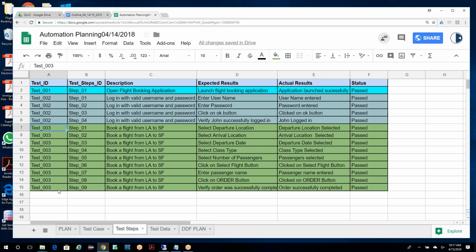And it was a third test case, and we had about 9 steps. What we did, we selected departure location, we selected arrival location, we selected departure date, and we selected class type, number of passengers, clicked on the flight button, and entered the passenger order button, and verified the order was successfully created or not. That completes our third test case